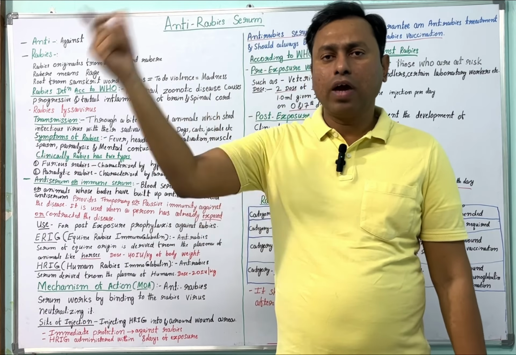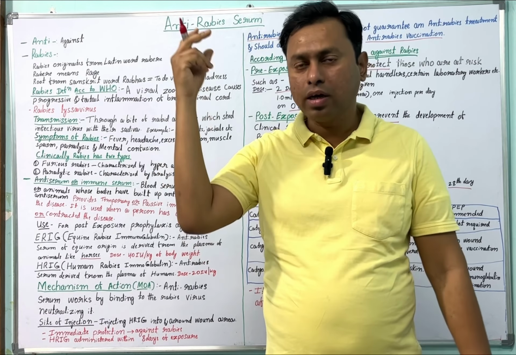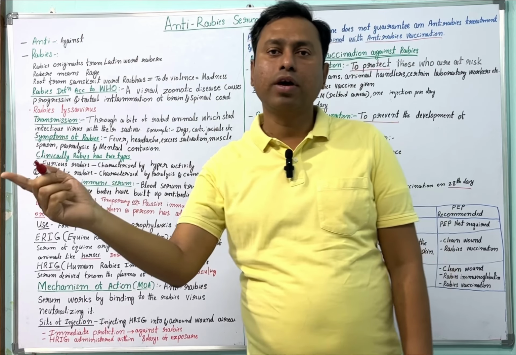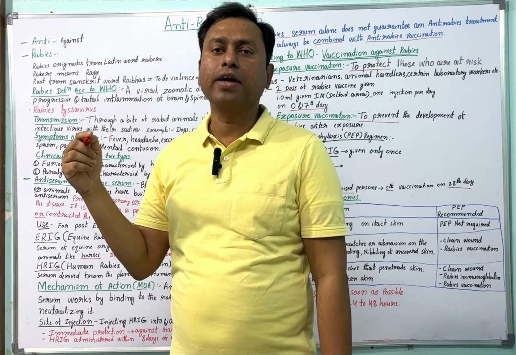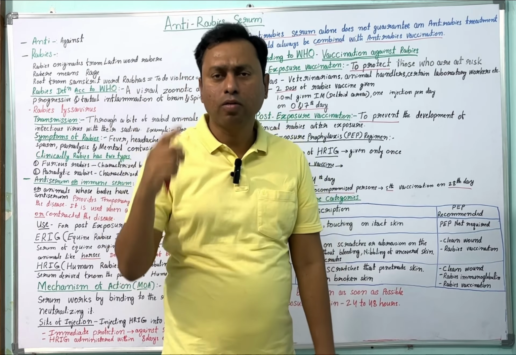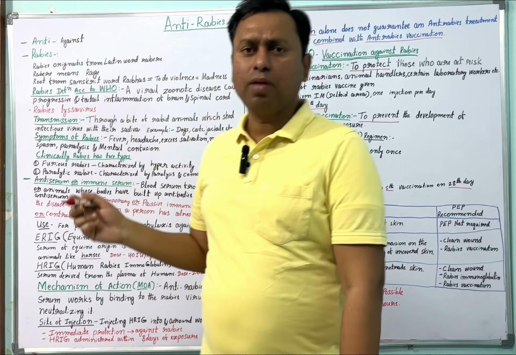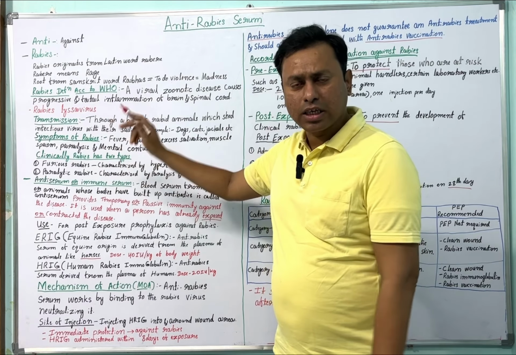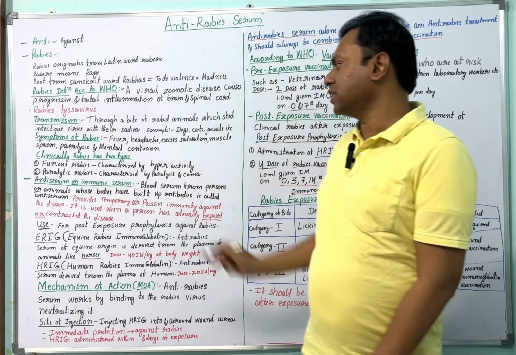We give the antigen to animals or persons, in which we produce the antibodies, and we take that blood serum and inject it into the person who has been exposed to the animal bite, that is, the rabies bite. Okay, this is about the anti-serum or